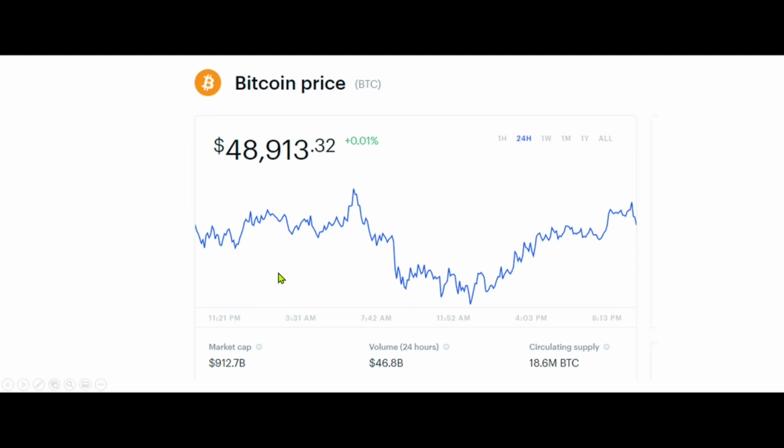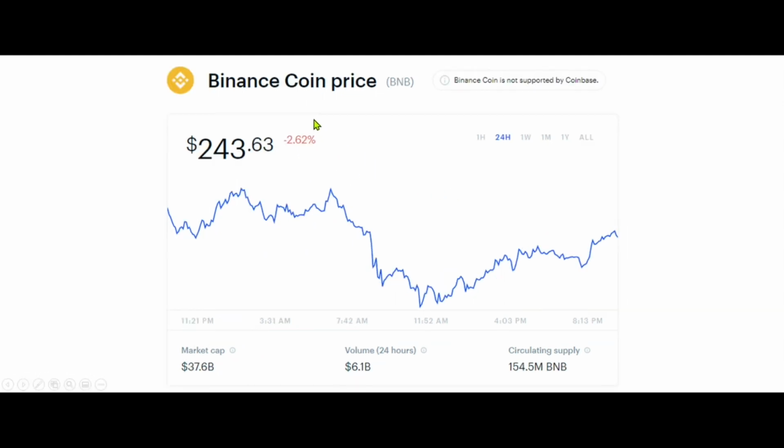And if you want to trade, to exchange with somebody else, you can also do that. And how do you trade? You go to the cryptocurrency exchanges. So for example, let me show you that. Binance Coin is one example where you can see Binance Coin is not supported by Coinbase. Coinbase is a cryptocurrency exchange where you can buy and sell. BNB is another coin that is not allowed by Coinbase.